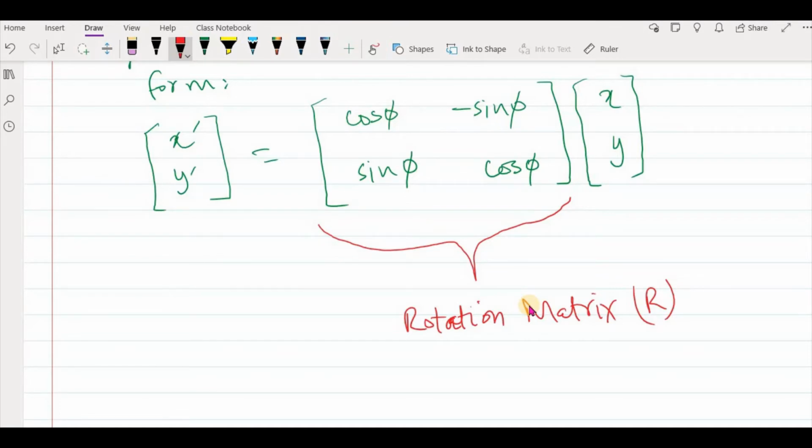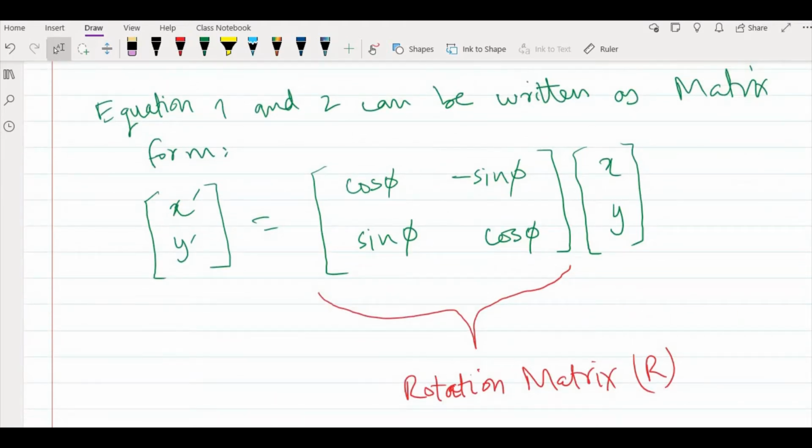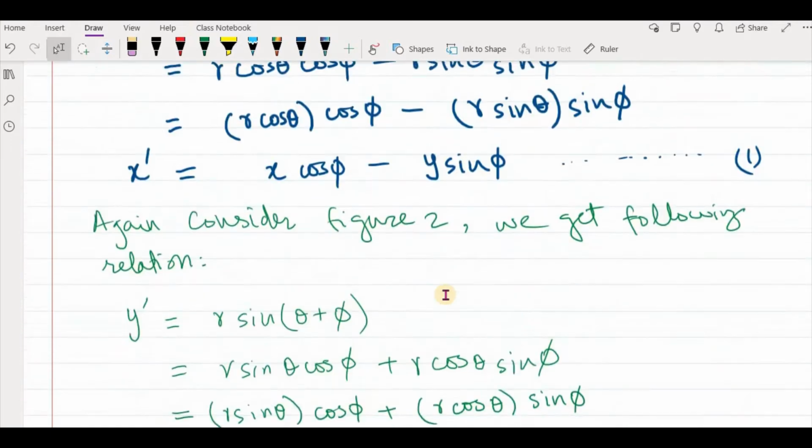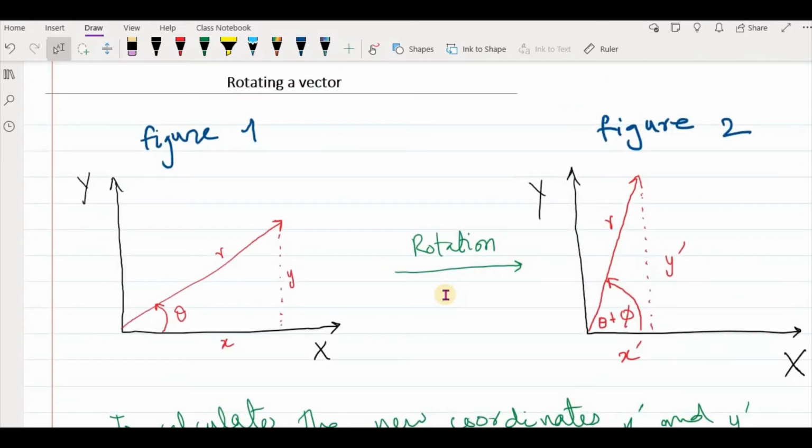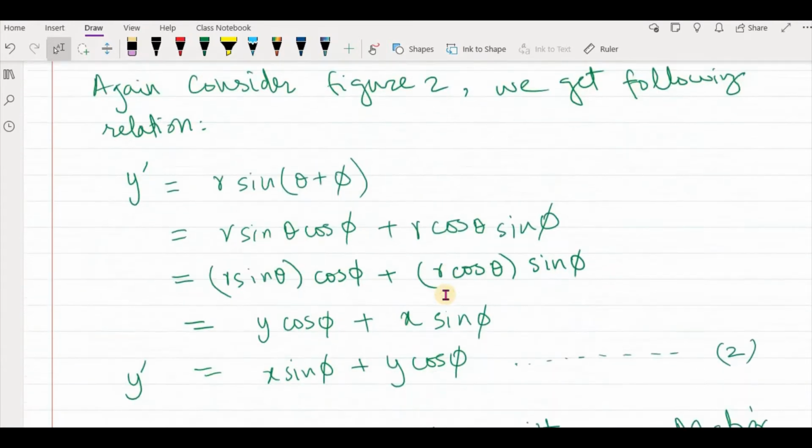So we can multiply this rotation matrix with the old xy components to get the new xy coordinates. Okay, so if it is clear how we can rotate the vectors using the rotation matrix,